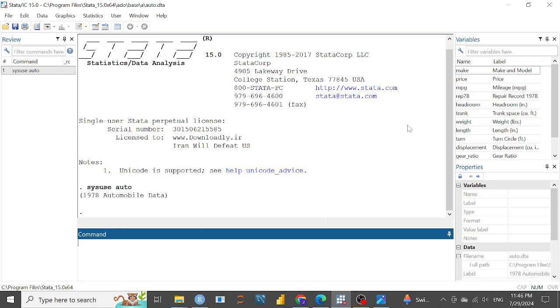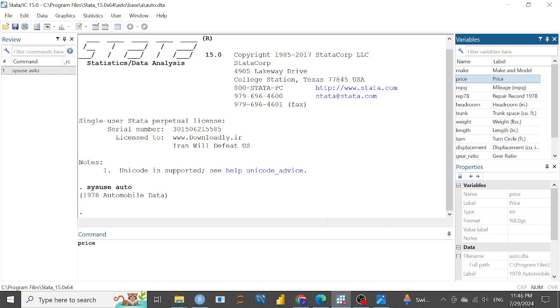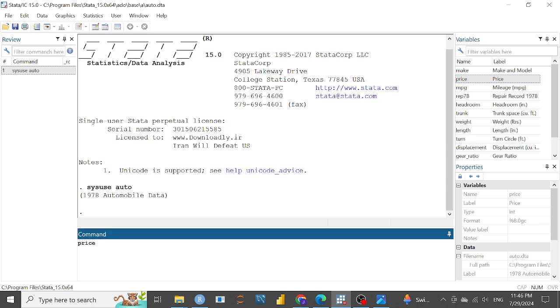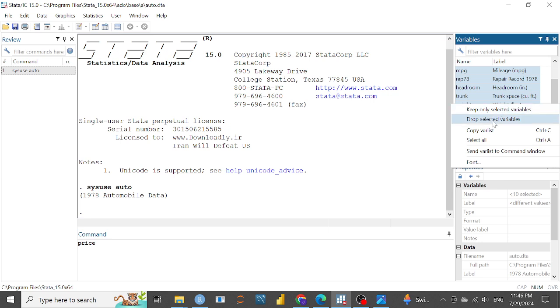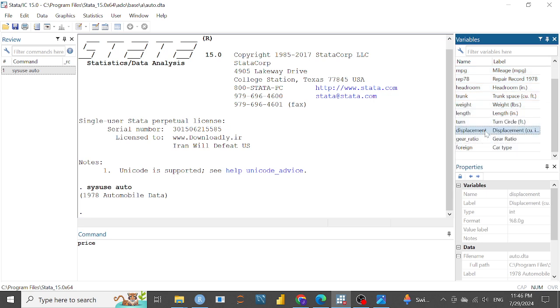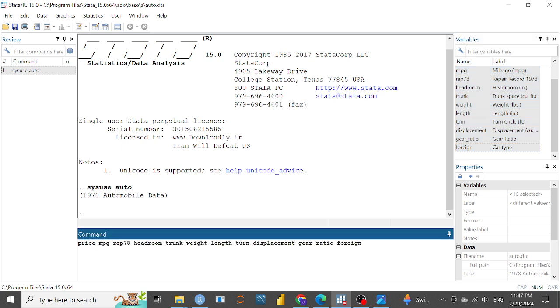I want to make use of price as my response variable, and the other ones as my factors or independent variables. Let me copy all of them. So I want to regress. Just type regress